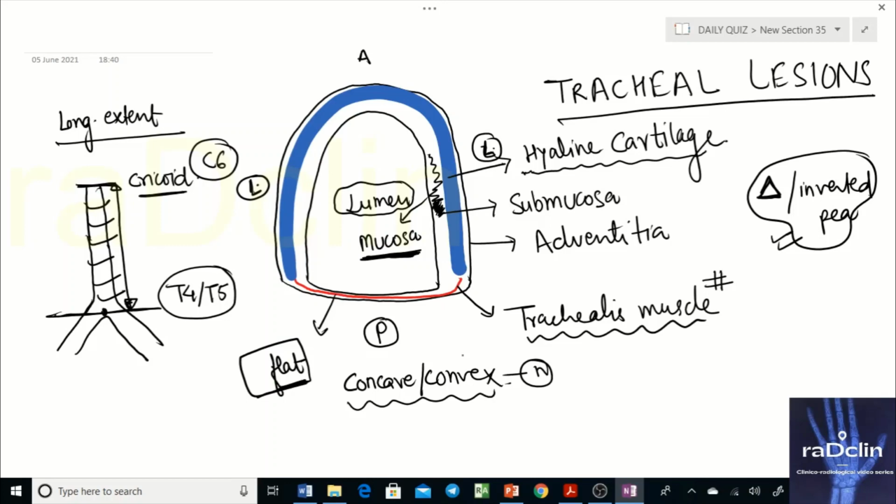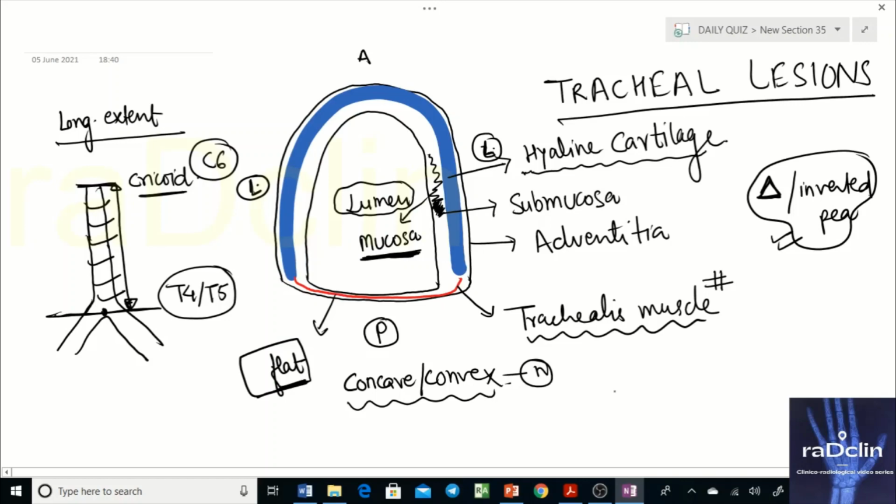So what is the importance of knowing this? Let's say you are going to test on a CT scan whether the patient has air trapping or not. What finding do you have on the inspiratory scan for which you require to identify whether it is due to air trapping or not? That finding is mosaic perfusion, and if you have mosaic perfusion, you need to rule out whether it is due to air trapping or due to vascular disease. To confirm this, we need to go for a post expiratory scan, and in the post expiratory scan I'll show you how your trachea looks.